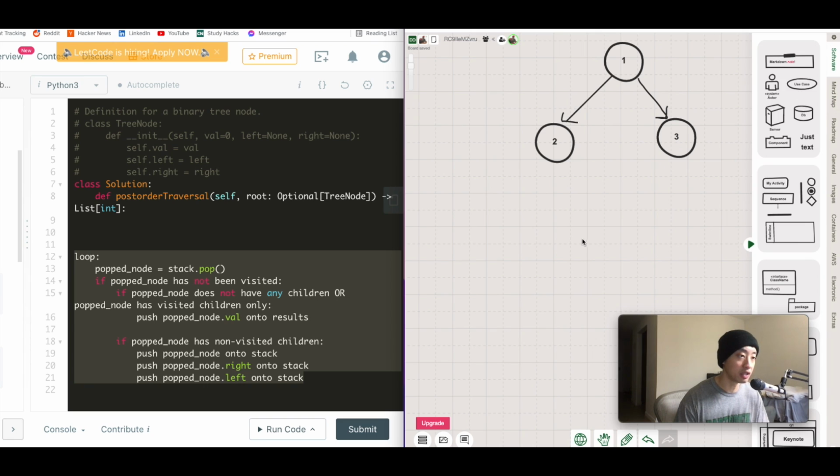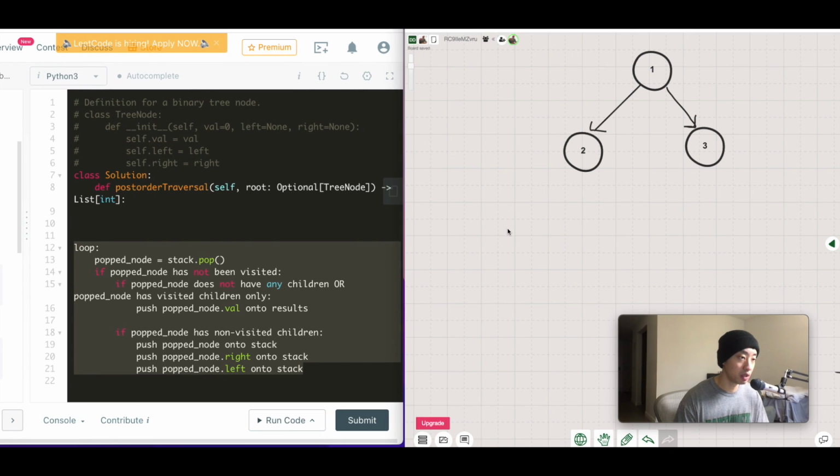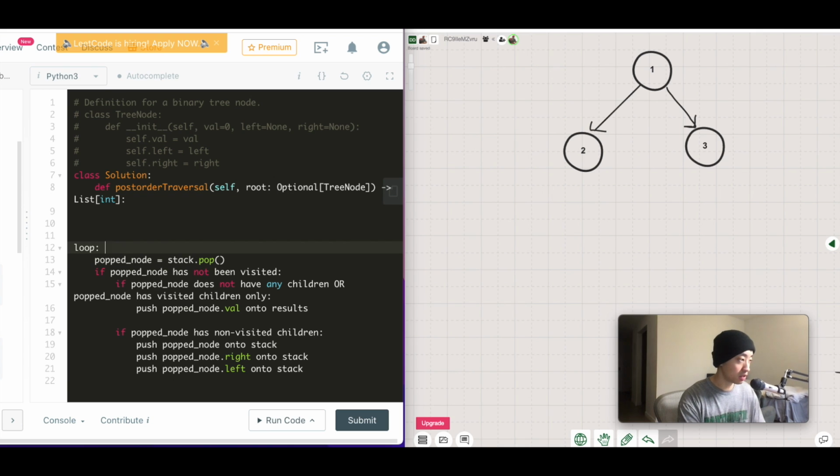But all right, let's get started with this dry run. Basically, I'm just going to follow this here. Let's move it up a little bit. Okay, let's just comment in here. So we have some kind of loop. The loop is probably going to be, and this is pretty common,